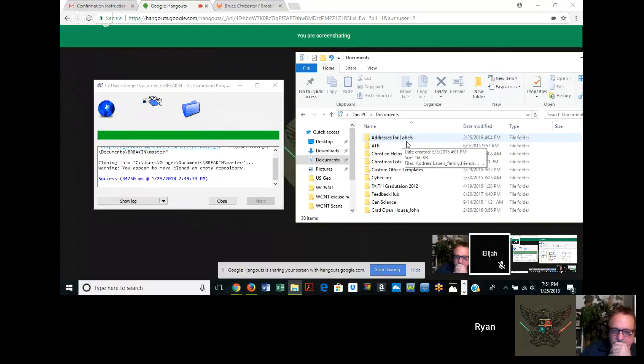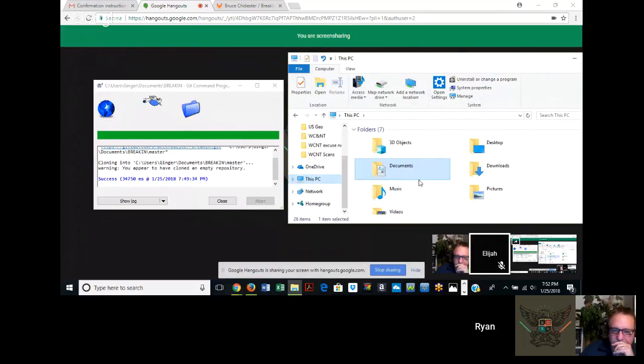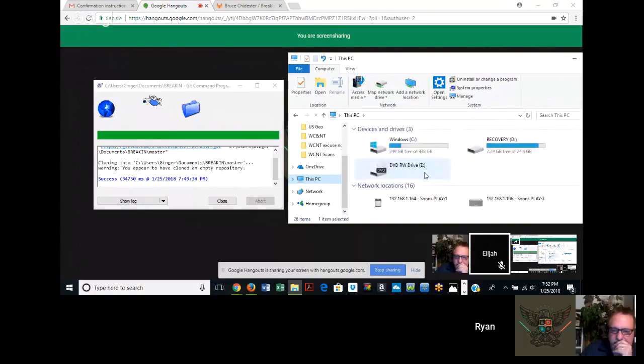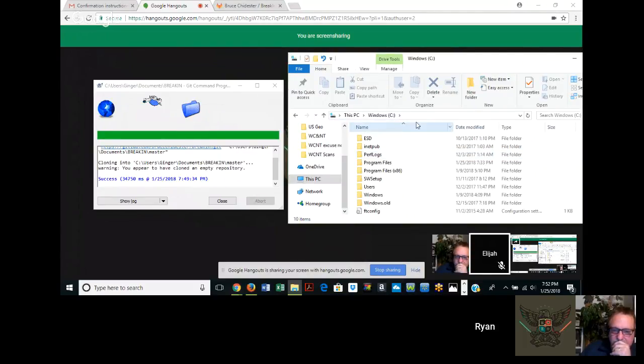Are you referring to the NetBeans? Yes. I did not delete that. Okay, good. Go down on your left-hand side of your list. Click on This PC. And then go up to where you see C drive. Click on C drive. This is the main drive. Double click on that. Then go down to the bottom and say new folder.